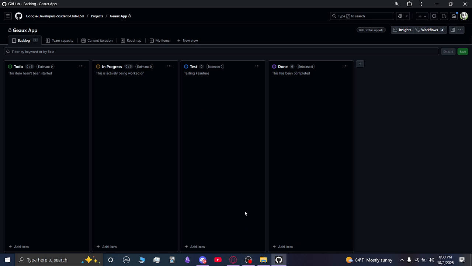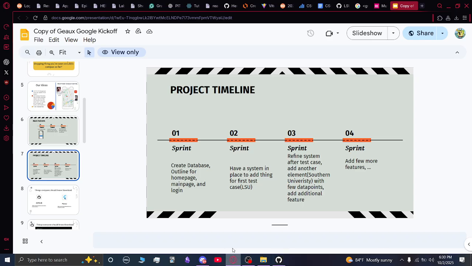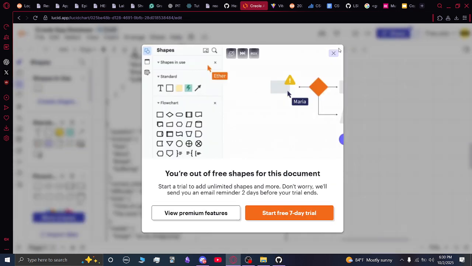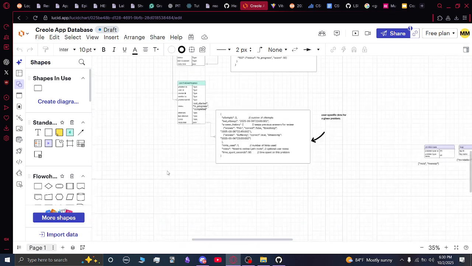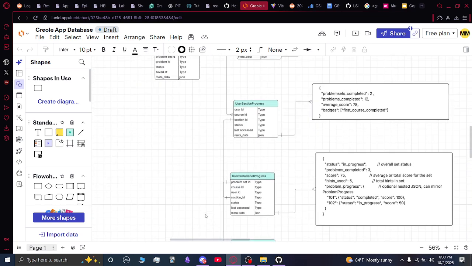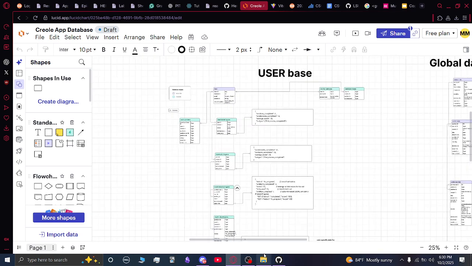So in our first sprint, probably for the first week, it will be creating what we call an entity relationship model. I can show an example here. It's essentially trying to create a database schema, like so, with all the tables as well as links to foreign keys. This one looks trashy, so there are probably better practices, but this is the general idea of what the backend team should probably work on.